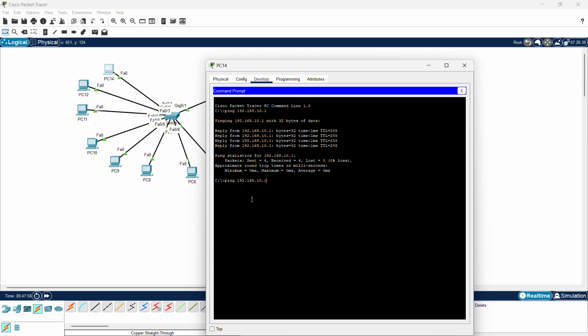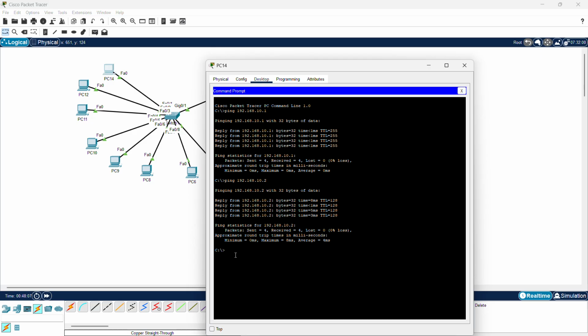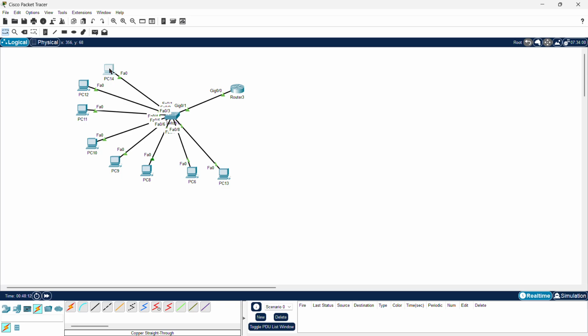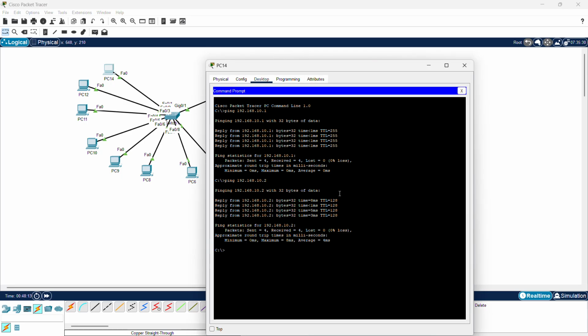Let's tap the up arrow to bring the previous command, remove 10.1 and type 10.2. And here we see PC 14 and PC 12 are communicating. And vice versa, let's try on PC 14